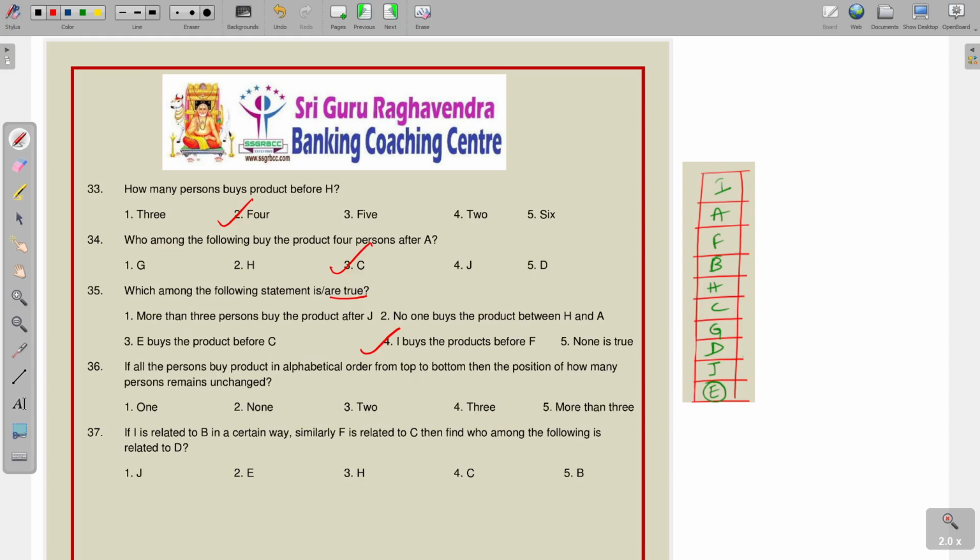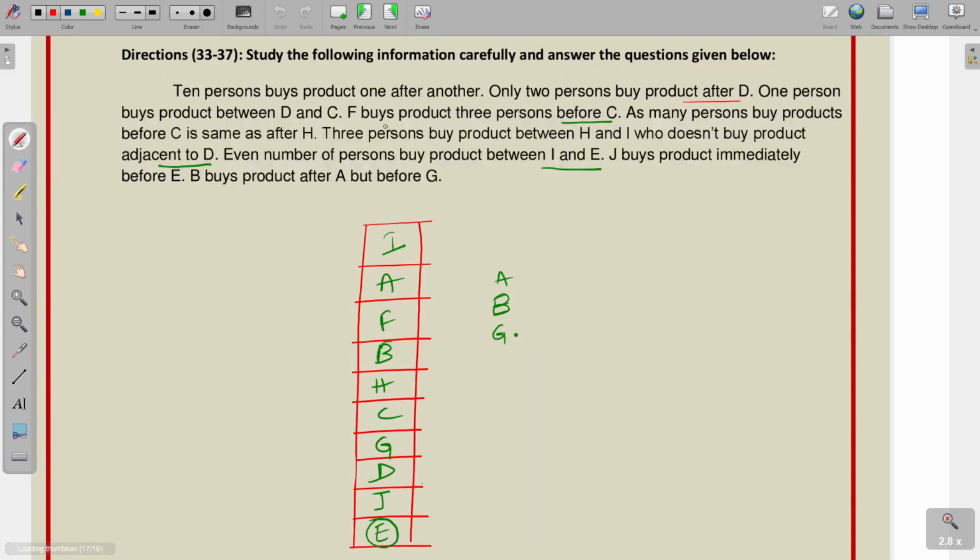If all the persons buy product in alphabetical order from top to bottom, how many positions remain unchanged? Okay, so see, starting from